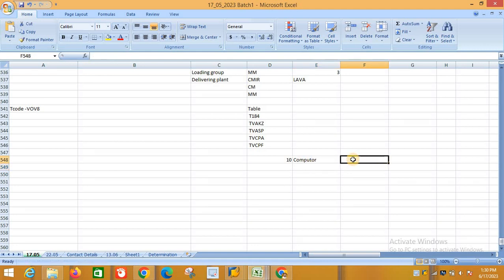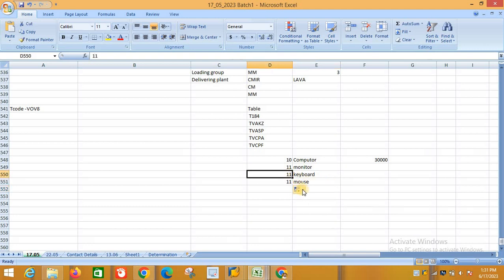I know the computer price is 30,000. Inside that computer there are n number of materials, like sub items: monitor, then keyboard, then mouse. It is nothing but the sub item of that particular main material.